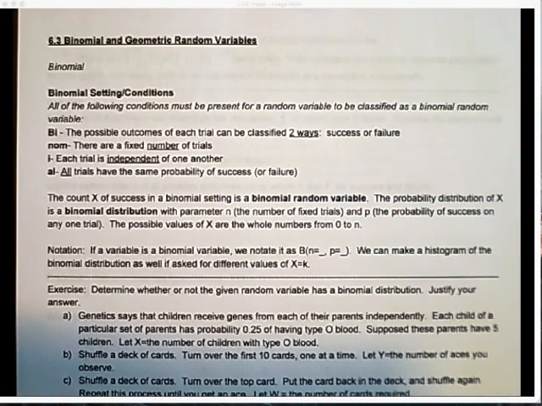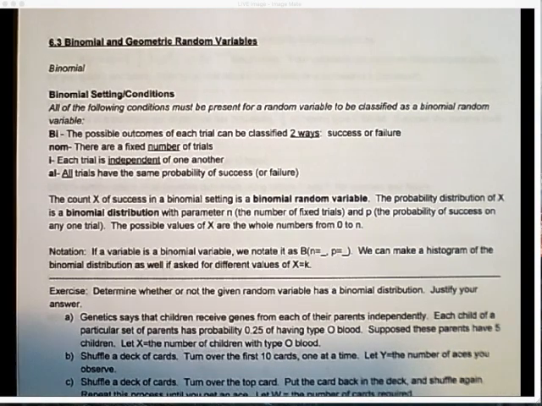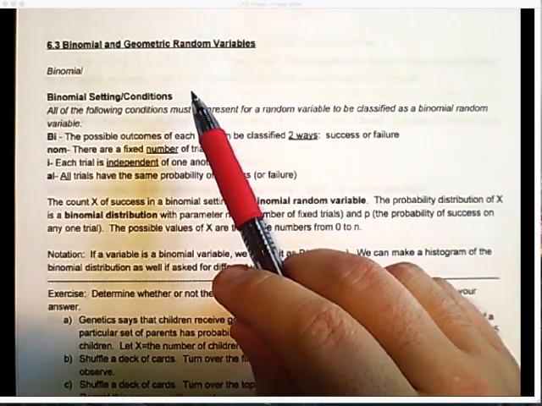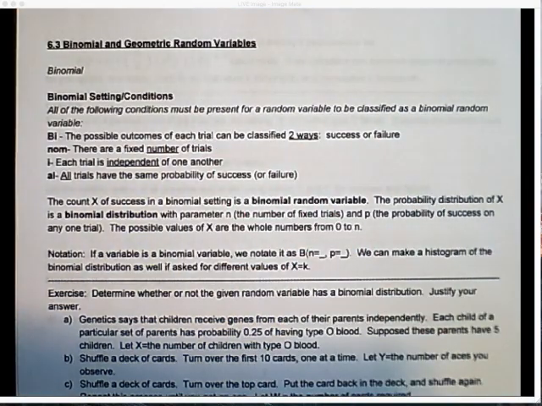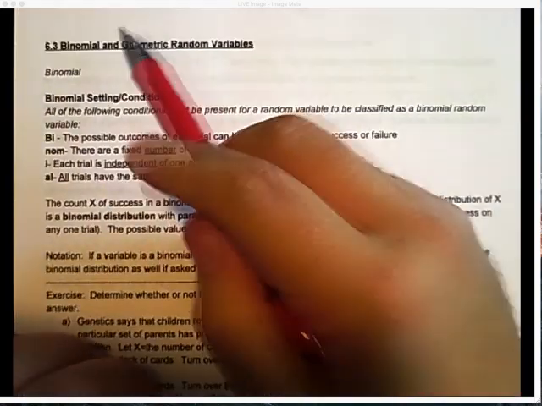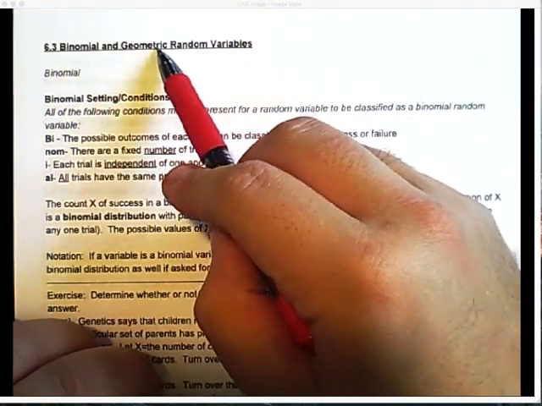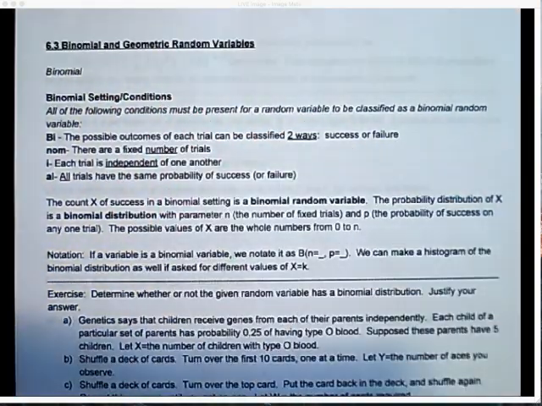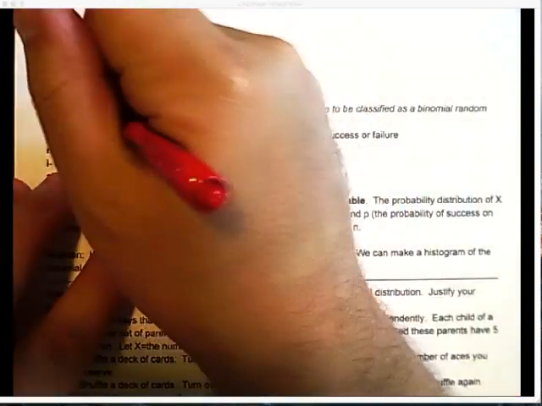Alright guys, we're going to move on to section 6.3, and just a fair warning, this is kind of a longer section. This section is about binomial and geometric random variables. Depending on the time of the video, I might cut this, I might make one video for binomial and another for geometric, just depends how long it goes. So let's start with a binomial